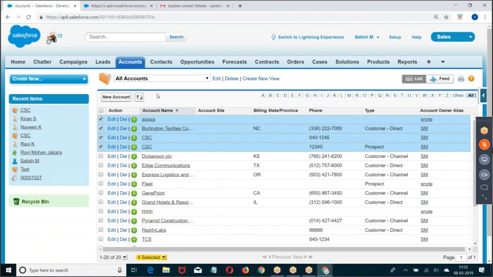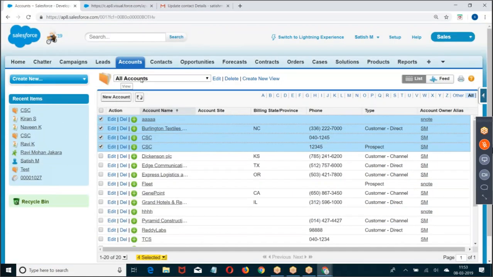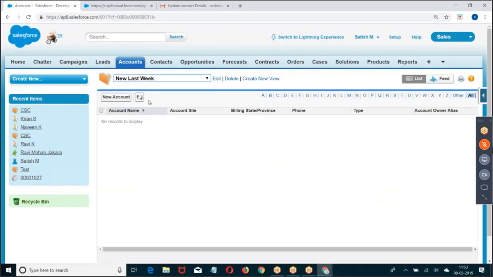Okay. Listen to the basic funda. How did you get this list of records? Because of this filter. Based on this filter, we get the records. On the records, we want to perform an operation. What is this filter called? Record set var. Based on the option that is selected, we are getting a group of records. Based on these records, we want to perform update, delete, or whatever operation you want.